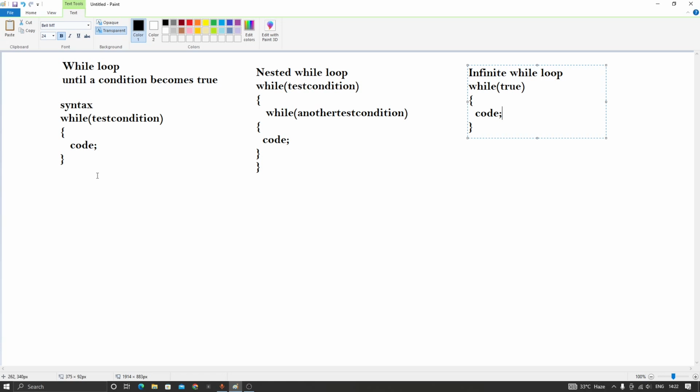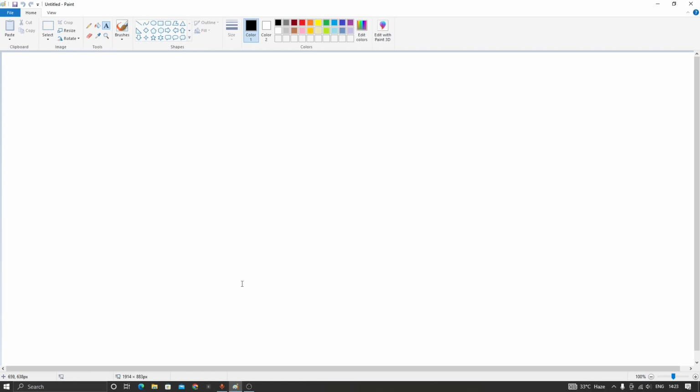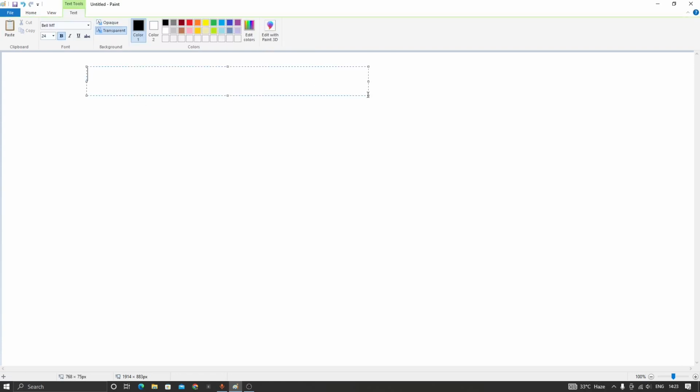Now we will go further for do while loop. Okay, so what is do while loop? Do while loop is an exit control loop. Okay, means what? It will first